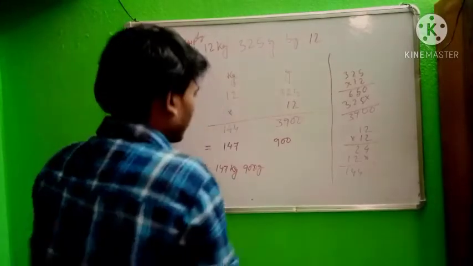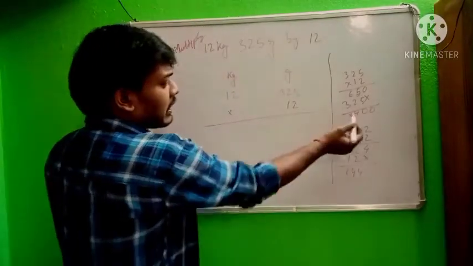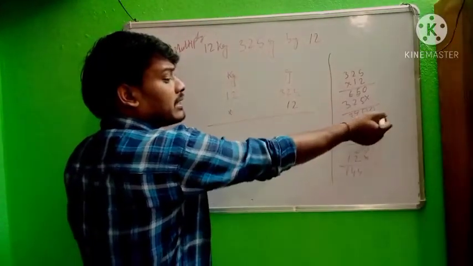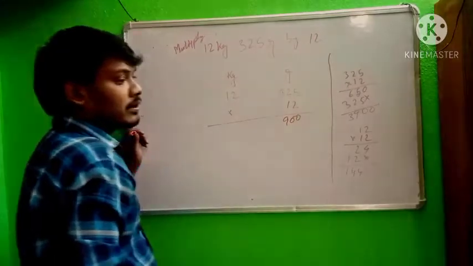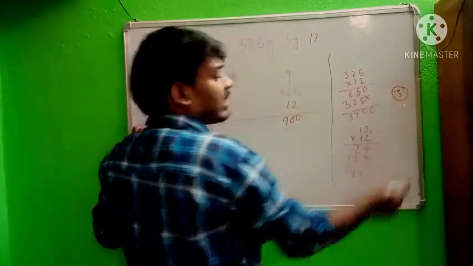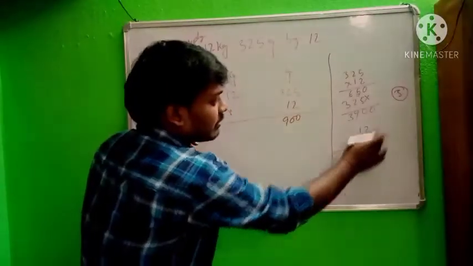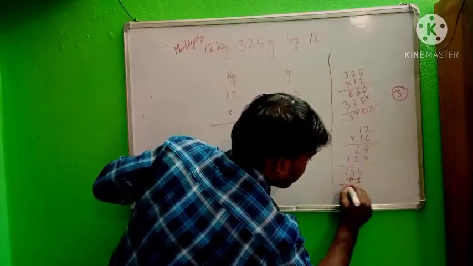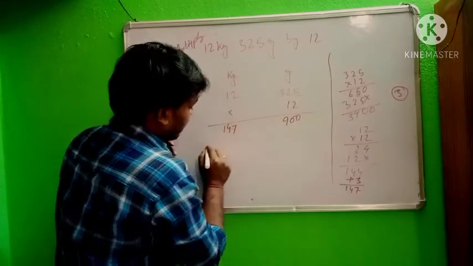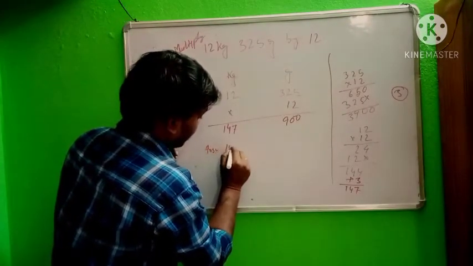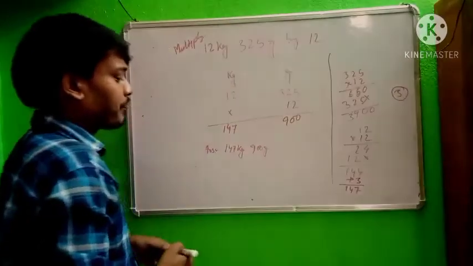Another way, you can directly write the answer. So what is the value in gram? 3900. So we know that we put only 3 digits, so 900 goes here, and 3 is carried and added with the result of the kg column. So what is the result of the kg column? 144. So here you add 3 and directly write the answer 147. So answer: 147 kg 900 gram. Okay, as you wish.